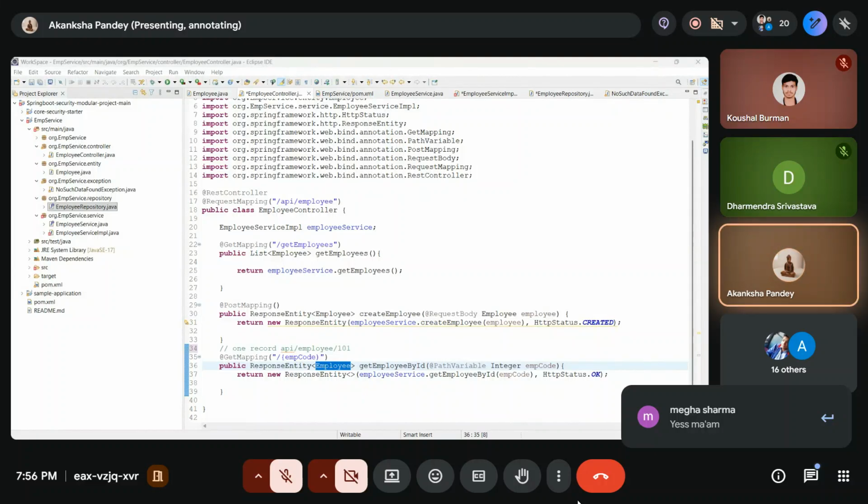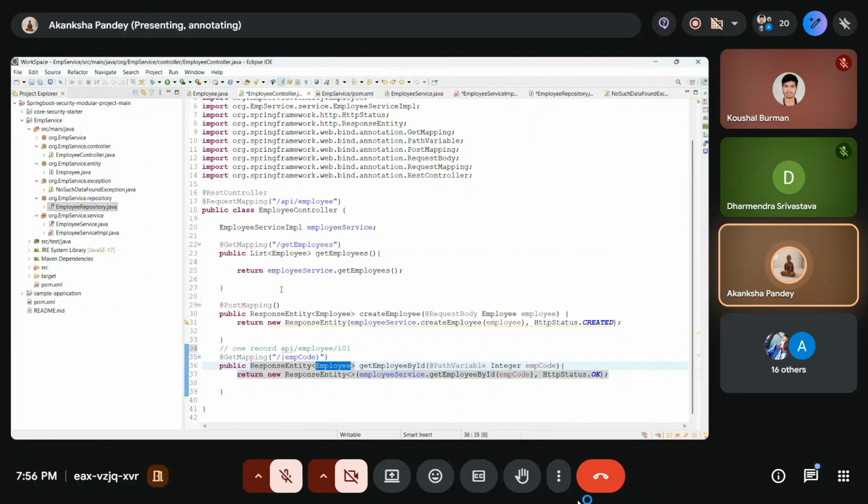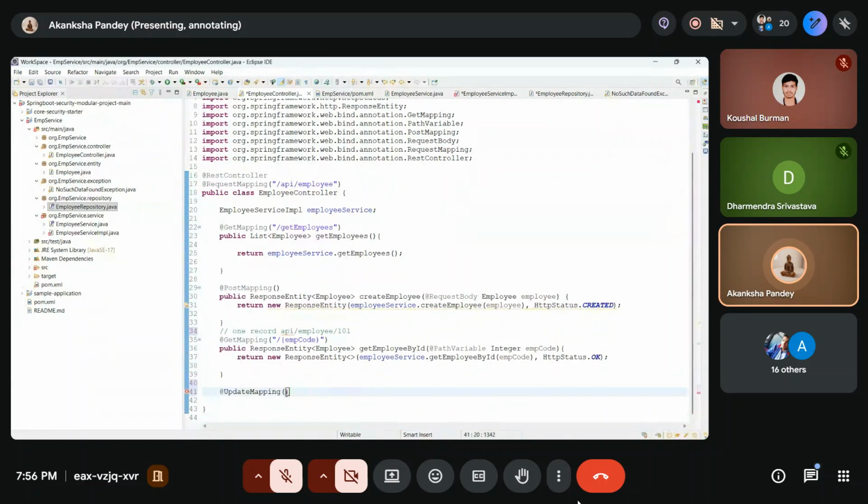Okay, very good. Now the same we can perform for update and delete. For the update, we have to use the annotation that will be the update mapping. And for that update mapping, you are going to ask for the path variable, which means they will ask you to update the record. Of course they are asking for a particular employee code, right? That employee code record you want to update. Again, that employee code we will read from the path variable, so enclose it within curly braces and just define one method,